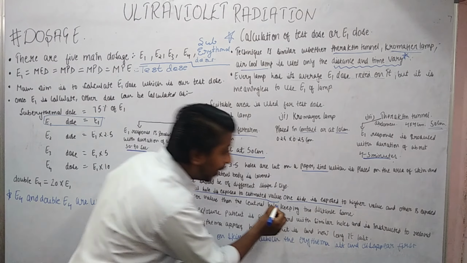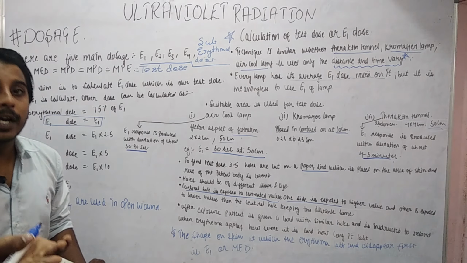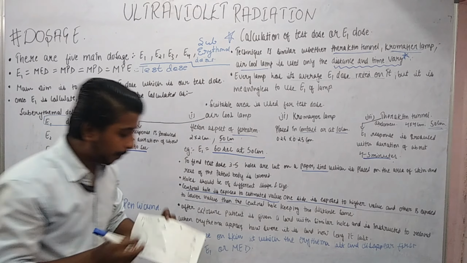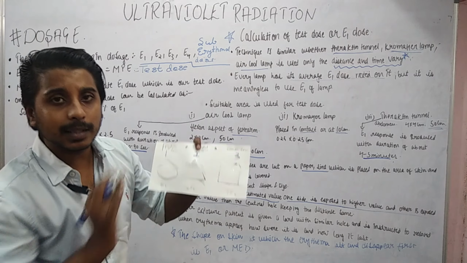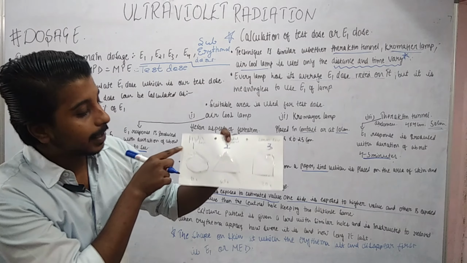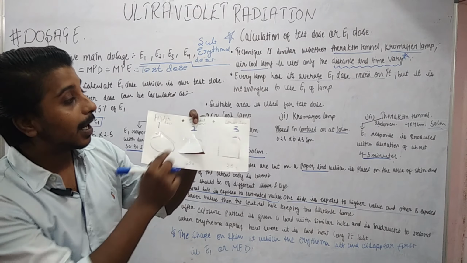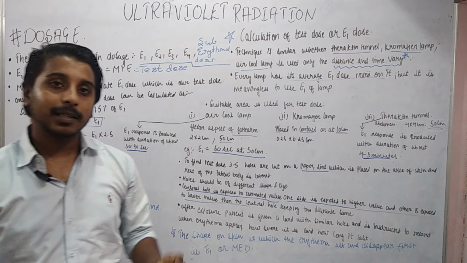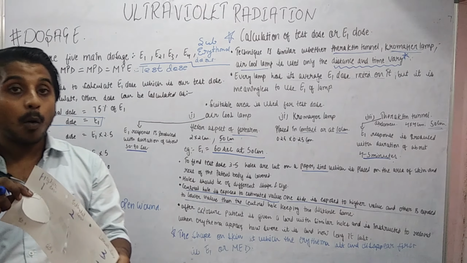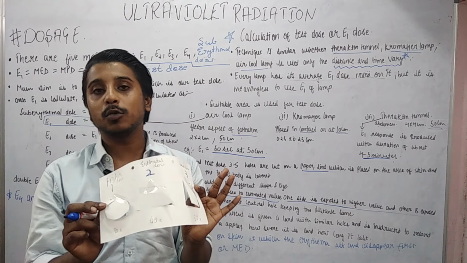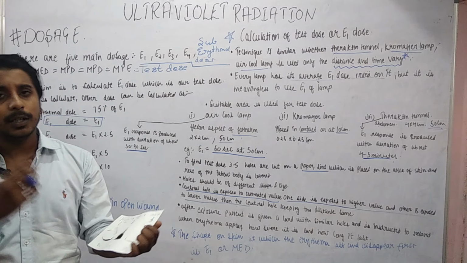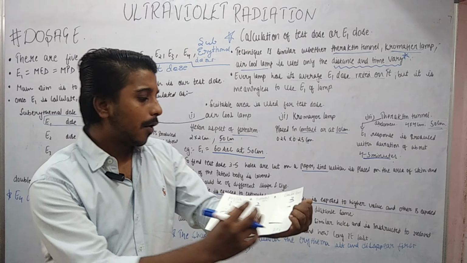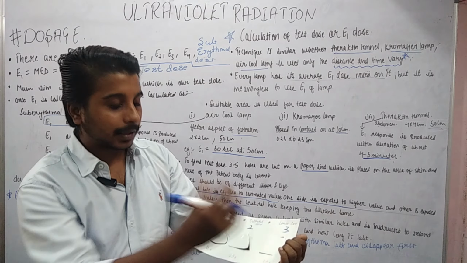One side is exposed to a higher value while the other is exposed to the lower value. Again it is very simple. So this is one side, this is the other side. One side is exposed to higher dose, and I have written 90 seconds here, and the other is at lower dose, that is 30 seconds. So do you understand how we are going to use this to calculate the dose? At center you apply the average or estimated E1 value, while at one side a higher dose, at the other side a lower dose.